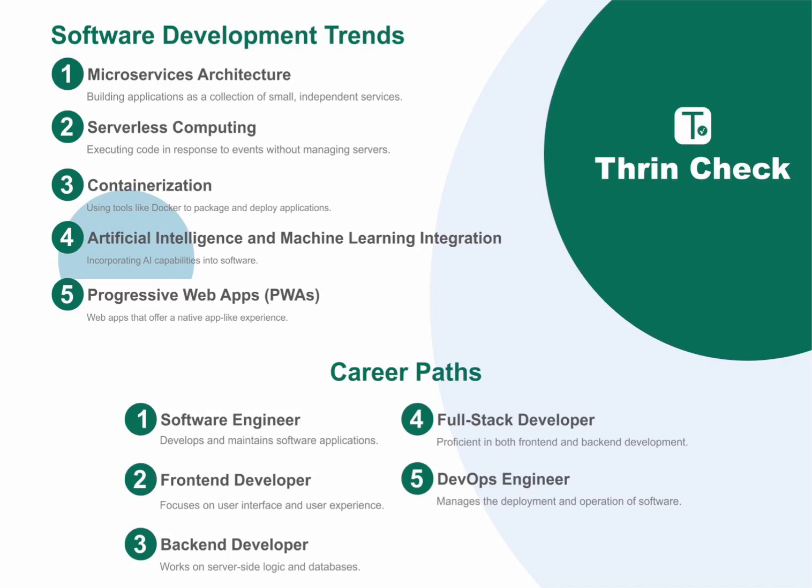Number 1. Microservices architecture. Microservices architecture is an approach to software development where a large application is built as a collection of small, independent, and loosely coupled services. Each service, known as a microservice, represents a specific business capability and runs as an independent process. These microservices communicate with each other through well-defined APIs, application programming interfaces, and work together to deliver the overall functionality